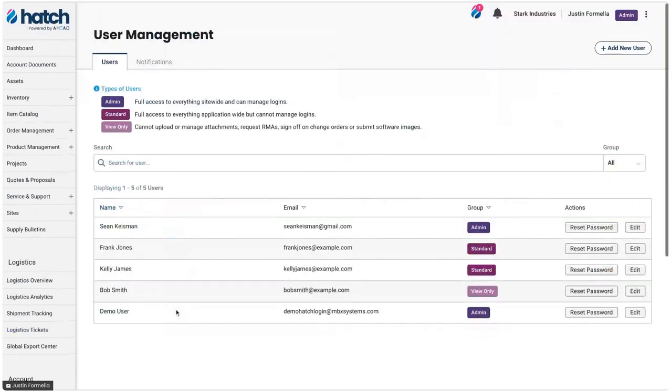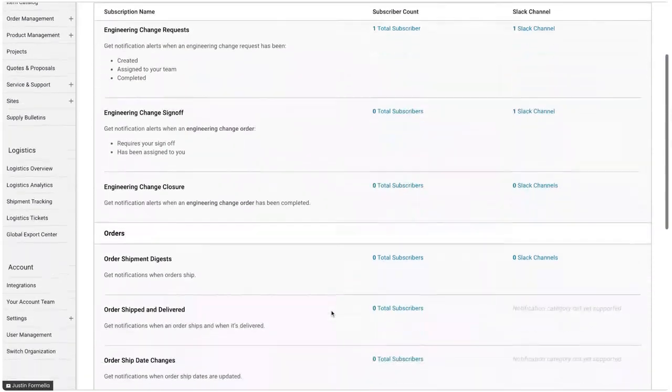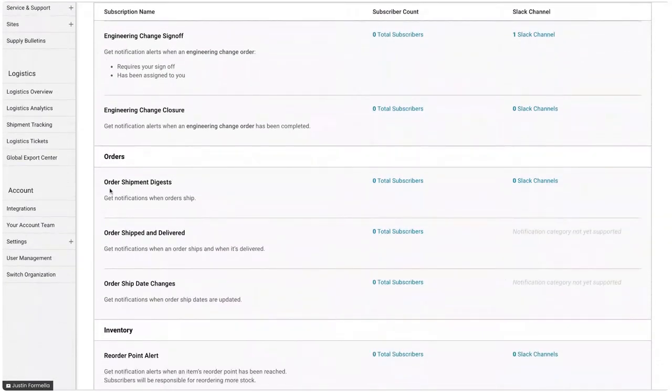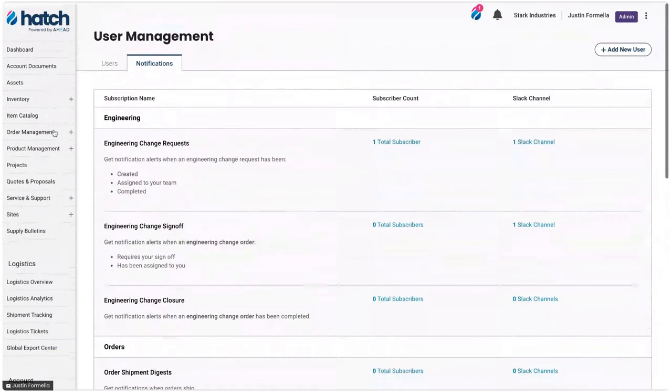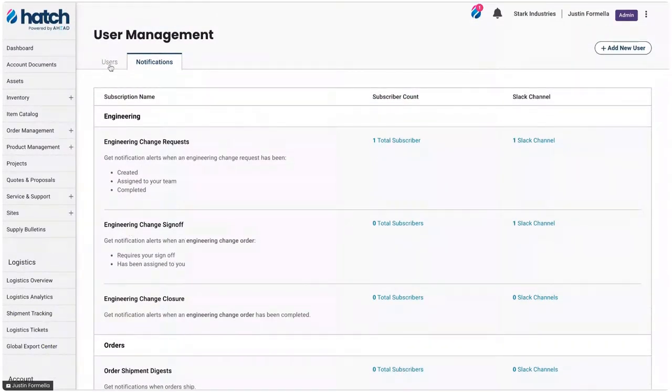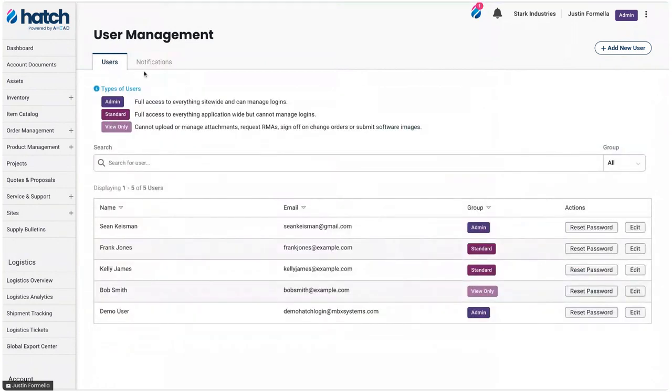And my apologies, I wasn't sharing the right tab before when I was showing the user management, the ability to add as many users as you want, set different permission levels, and customize the notifications across all of those different event types. Yeah, and you might as well go into that and show it a little bit more, because I do know that one of the Q&A questions was around user management and role-based access. What are the different settings you can have here?